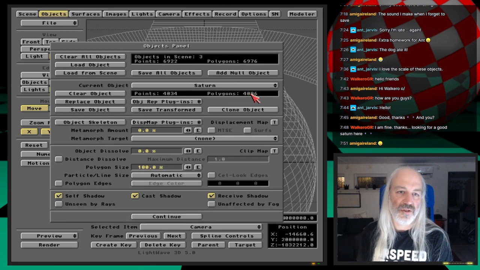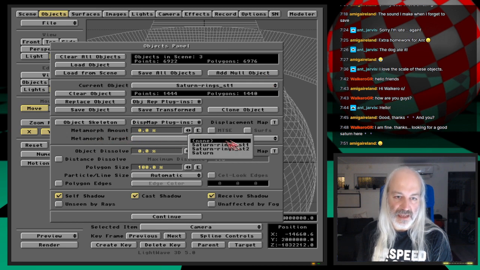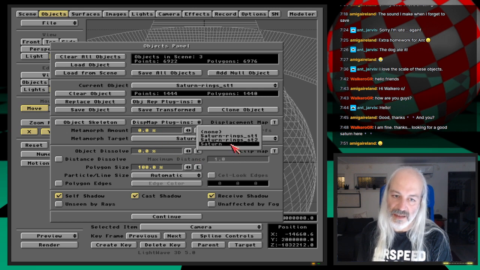And what we want here as Saturn, we want self shadow, cast shadow, receive shadow. We want all of these. Then we go to Saturn rings stage 1. We choose a metamorph target. So it's stage 2. Yeah, no complaints, because if I, for example, select an object that doesn't have the same